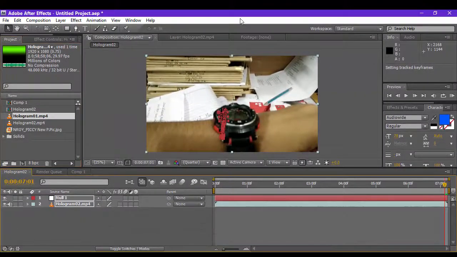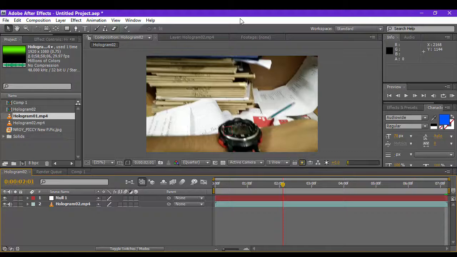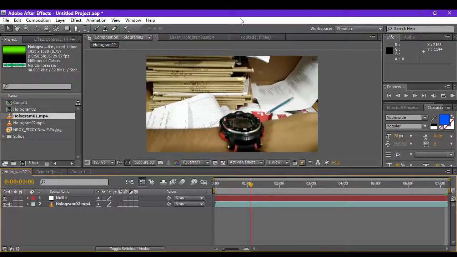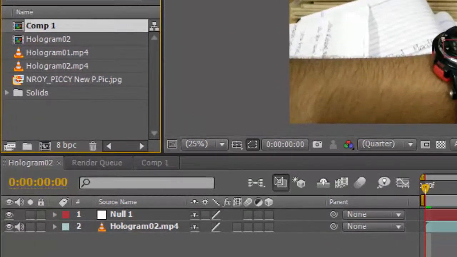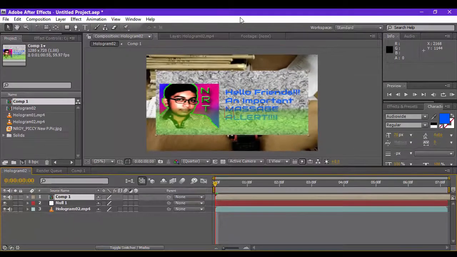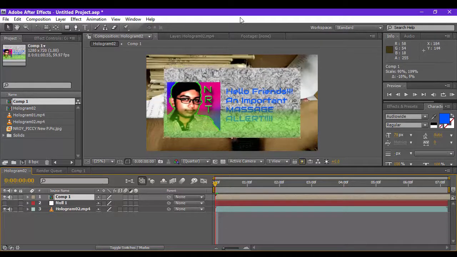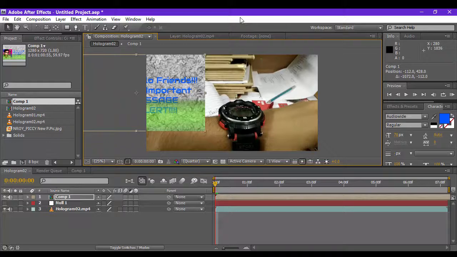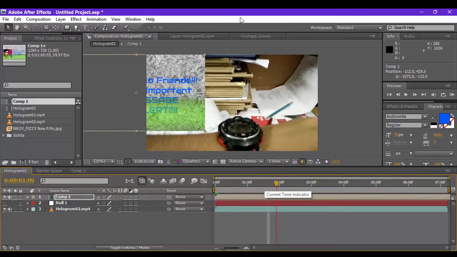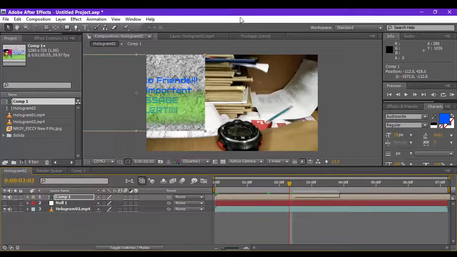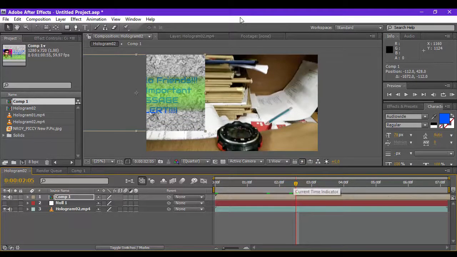Now you can close the tracker window. Let's collapse all the layers. And now if you scrub to the footage, you will notice that the null object is moving with the watch, so our motion data is secured. Now we will place the hologram effect. Here is the comp 1. Drag it and drop it right over all the thingy stuffs, and then hide the null object. Now while the comp is still selected, resize it. Go to the middle where you know the watch is barely visible, and you are pointing towards that hologram effect